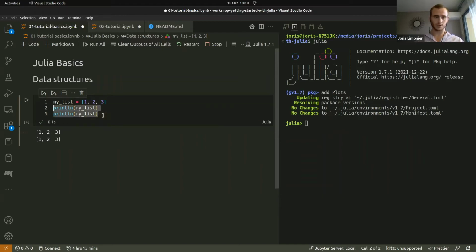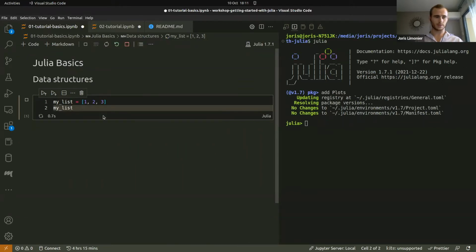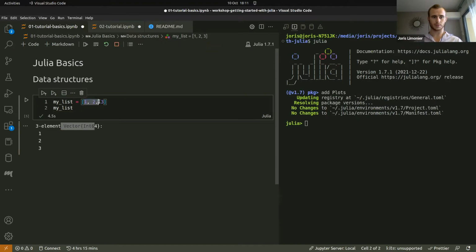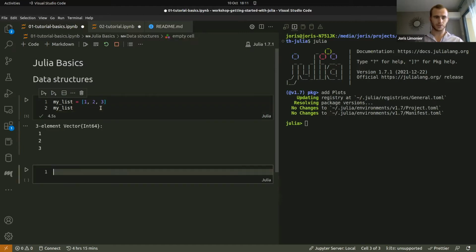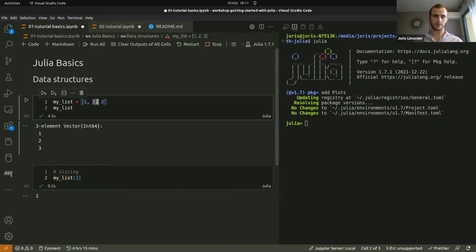In Jupyter, obviously, you can also just type my list, and that will simply display your list as a vector. It's a vector, and it understood that it was of type Int64. And then you can do all of the basic operations, slicing. So you could do my list of 2, and you will get 2, because 2 is the second value